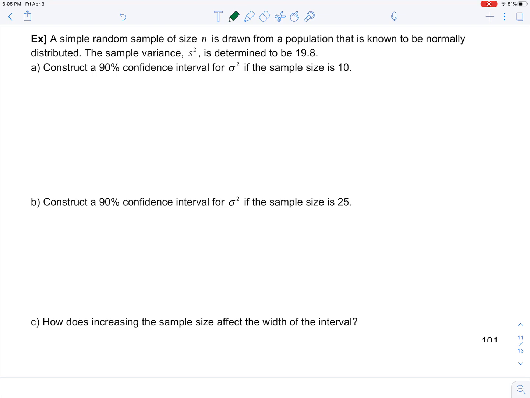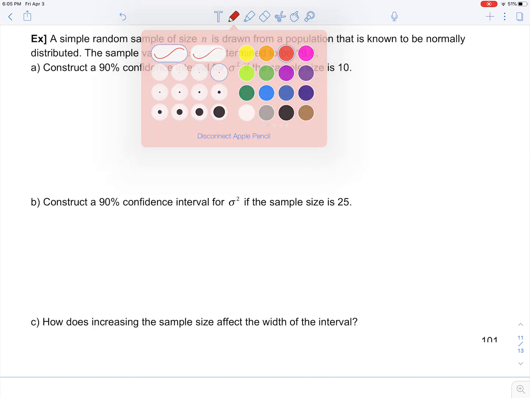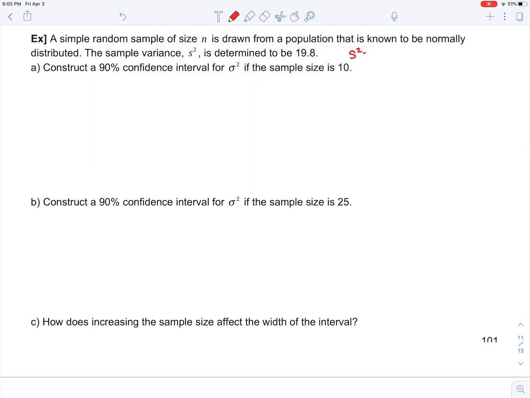So let's read through this. A simple random sample of size n is drawn from a population that is known to be normally distributed. The sample variance s squared is determined to be 19.8. So we have a couple of things here. We have the sample variance. Okay, so for part A, it says construct a 90% confidence interval for sigma squared if the sample size is